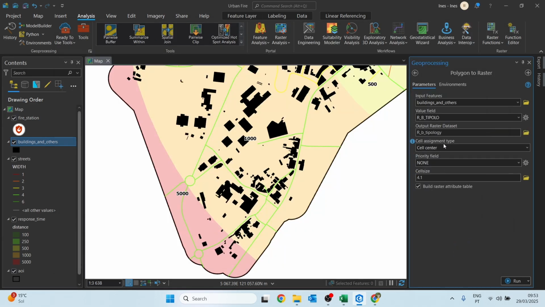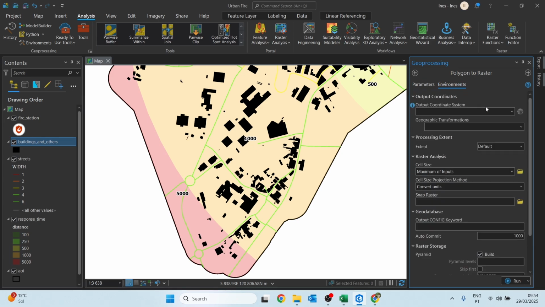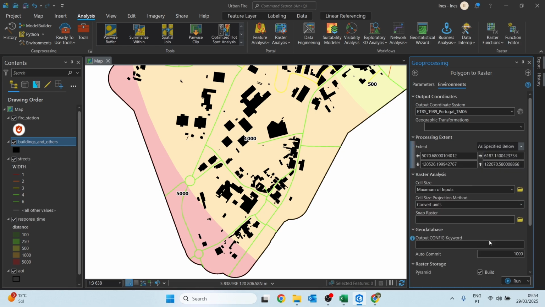Cell assignment type will be cell center, priority field none, and cell size, since this is just a city, we will use 0.5 as our cell size. Okay. Environments, we will use the current map coordinate system, and extent, I will use the area of interest. Okay, and hit run,